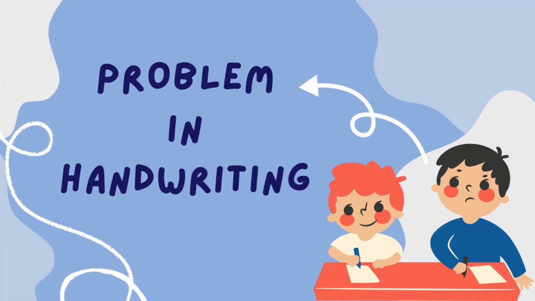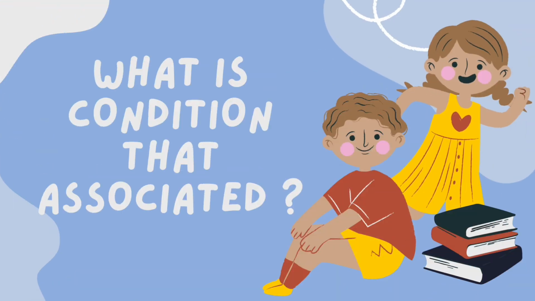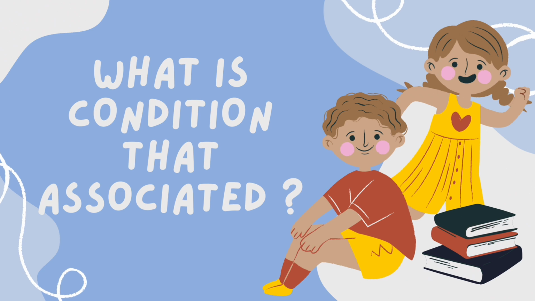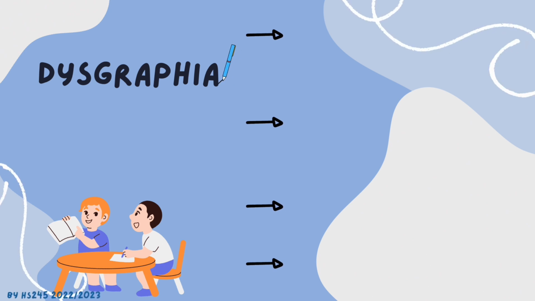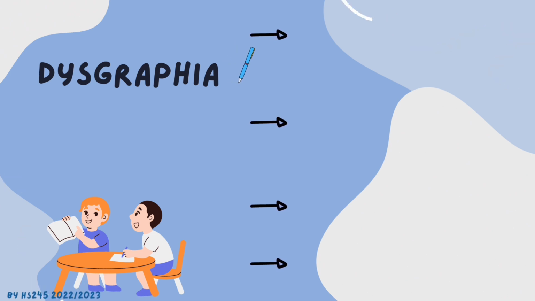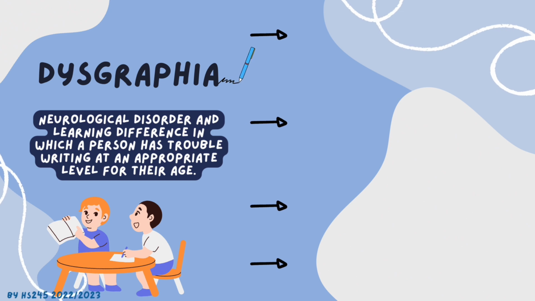This is a video explaining the problem of handwriting in children. Do you know what condition is associated with handwriting? The condition associated with handwriting problems is dysgraphia. So, what is dysgraphia? Dysgraphia is a neurological disorder and learning difference in which a person has trouble writing at